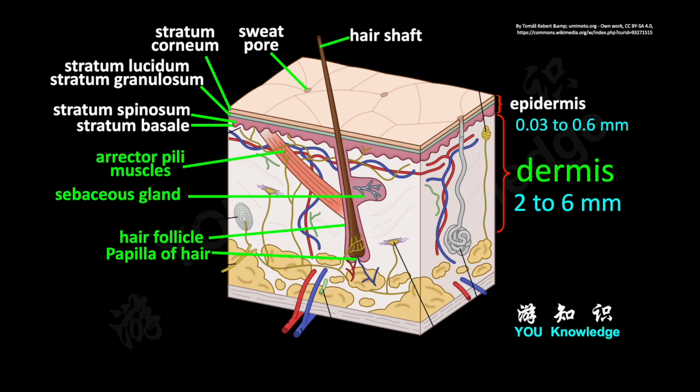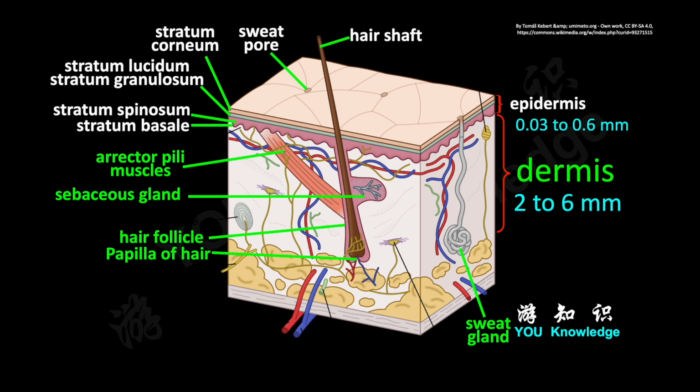Erector pili muscles are small muscles attached to hair follicles. Stresses such as cold or fear may cause the erector pili muscles to contract, causing goosebumps. The sweat gland is located at the deeper part of the dermis. There are eccrine sweat glands and apocrine sweat glands. The eccrine sweat gland is responsible for secreting water for cooling, and the apocrine sweat gland can secrete an oily compound as a